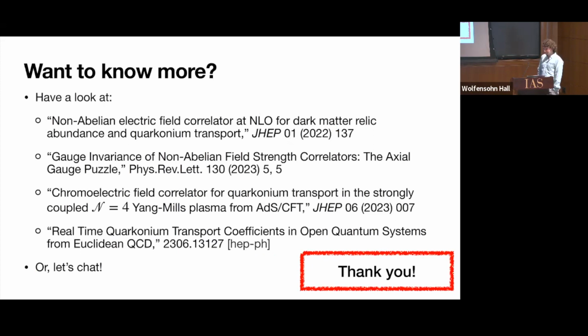Okay, I assume these large Wilson loops are not calculated in QCD? No, we're doing it in N=4 super Yang-Mills because that's the first thing to do, basically. The next thing to do is to see how good of an approximation that is for the actual quark-gluon plasma, and then see if you actually need to calculate more QCD-like things to capture the dynamics of in-medium quarkonium. And what we're doing right now is using the results we got for this correlator and trying to extract some numbers out of it and see if we can describe data with that.